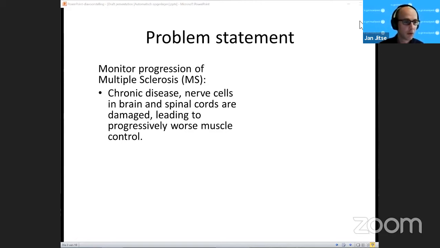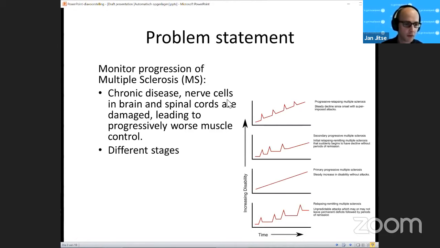And this is where the machine learning comes in. The disease has different stages. There's the progressive relapsing. So it generally becomes worse, but there are some relapses. Then there is a secondary progressive. So there are a few relapses, in between it's steady, and then it becomes worse and worse again, and at the end it becomes progressively worse.